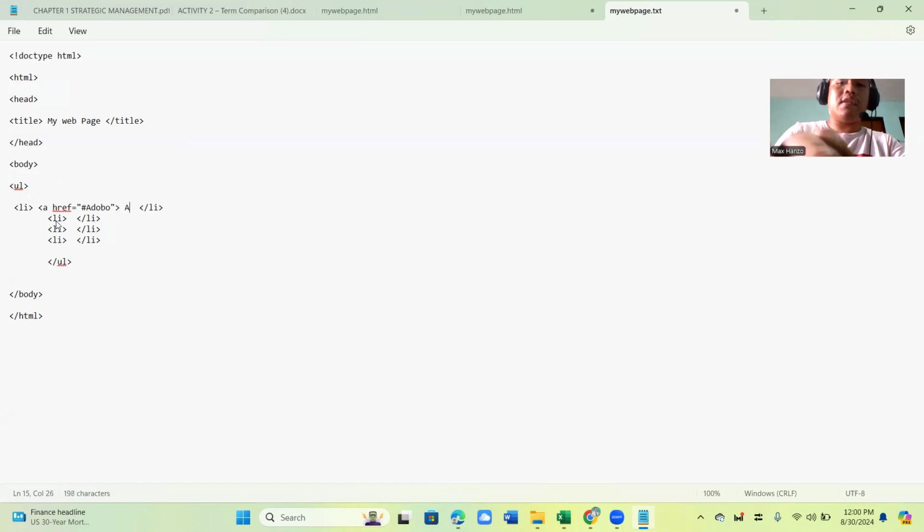And then name it as adobo section. Now, make sure to close it up with an A tag because we have opened it up earlier with the A tag, which is this one, right? So it's just right to close it with an A tag.